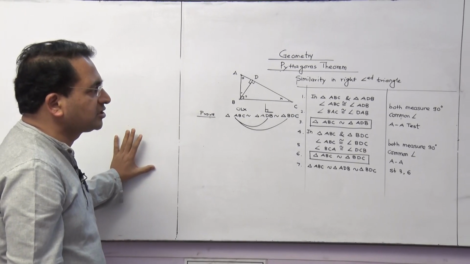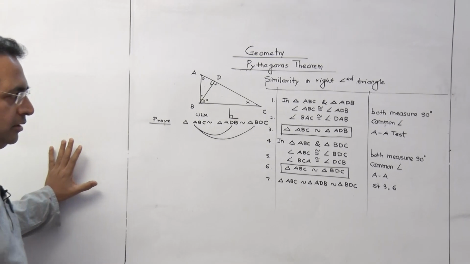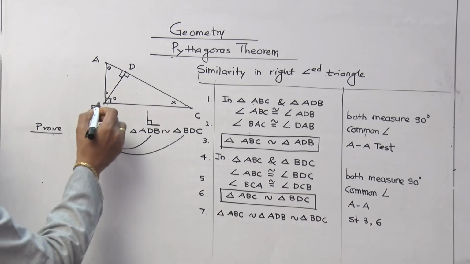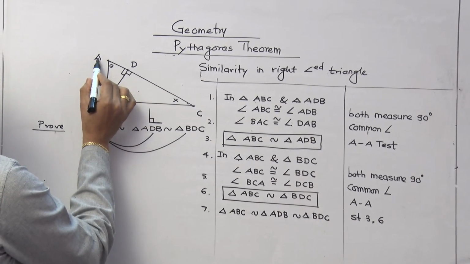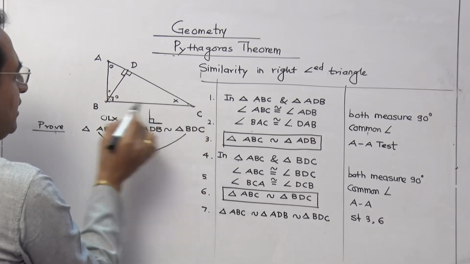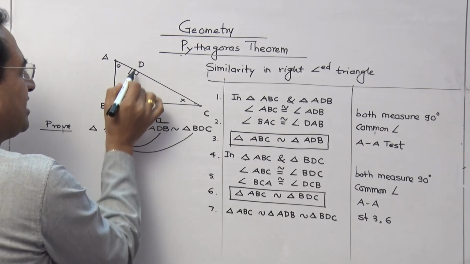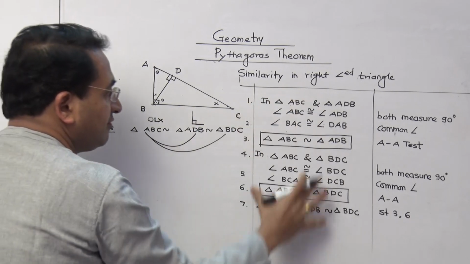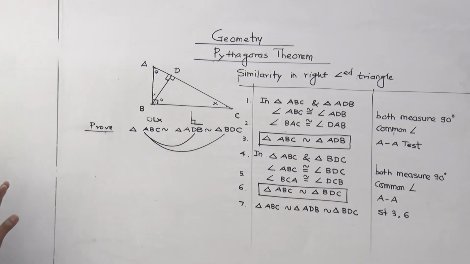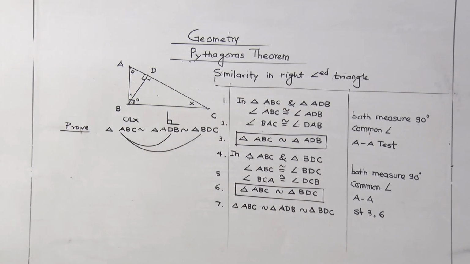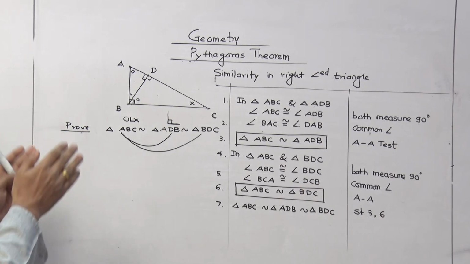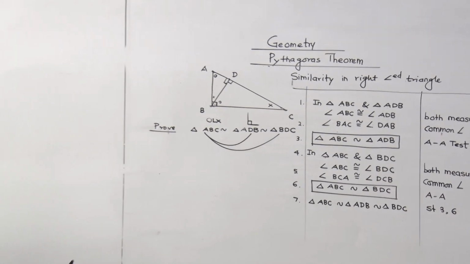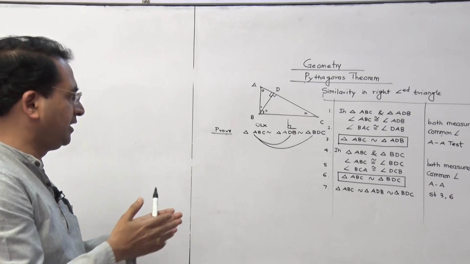Actually, this is the first theorem we can expect. They will give you the diagram. They will write everything here. Suppose the triangle name is PQR and QS is perpendicular to QR. Then accordingly the naming will change, but the system will not change here. Is that clear to you? This particular diagram is used for another two proofs. Let us understand what can be the logic behind this.